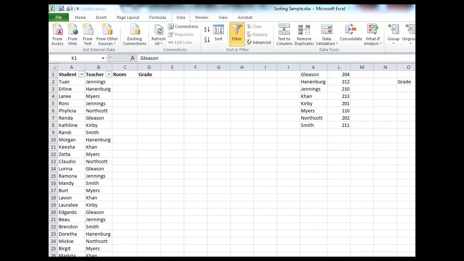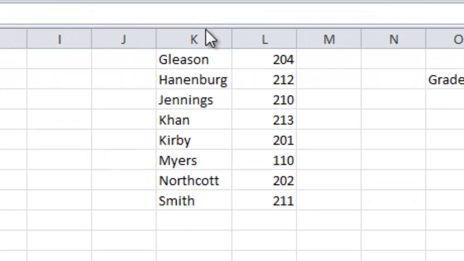Sometimes when you're working with spreadsheets, there might be a section of your spreadsheet that's arranged like a table, where you have, for example, here I have teachers' names and room names. And I'm going to be using this in a minute in a different video, but sometimes it's helpful if you